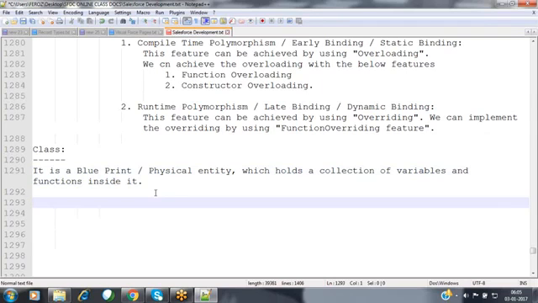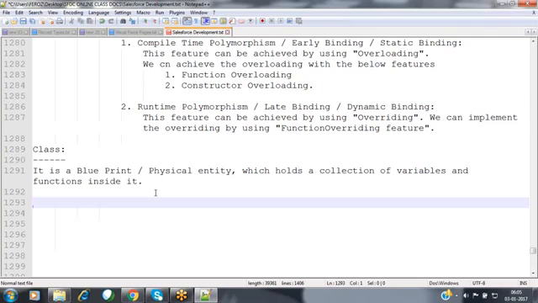Now, classes are used to achieve the encapsulation feature of Salesforce. As part of this encapsulation, we are going to group a collection of functions together, because of our understanding.